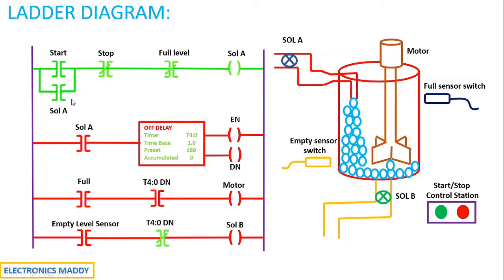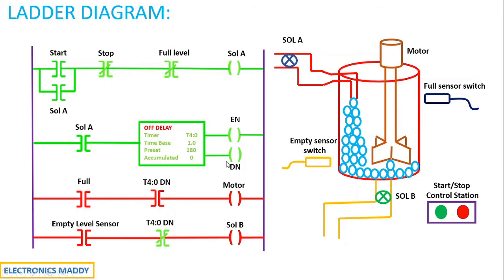In case you still have confusions on what latching is all about, please do watch one of our videos that I've made on latching, and that will give you a clear understanding. Now if you carefully observe, the same solenoid A address is used over here. This contact also gets energized, and consequently the rung gets energized, and as a result the off delay timer gets energized. Once the off delay timer is energized, according to the concept of off delay timer, the enable bit and done bit go high instantly in this particular fashion.